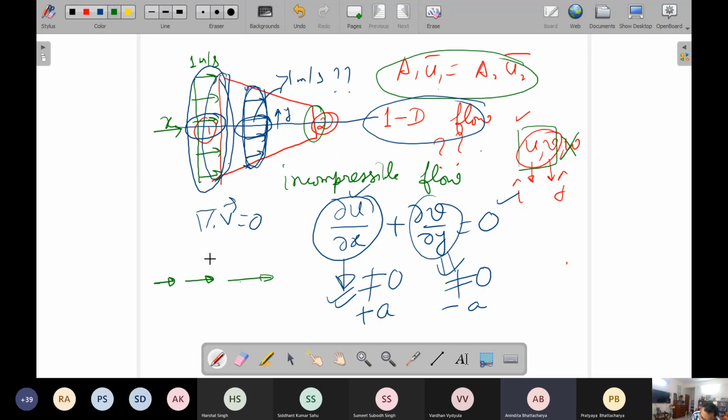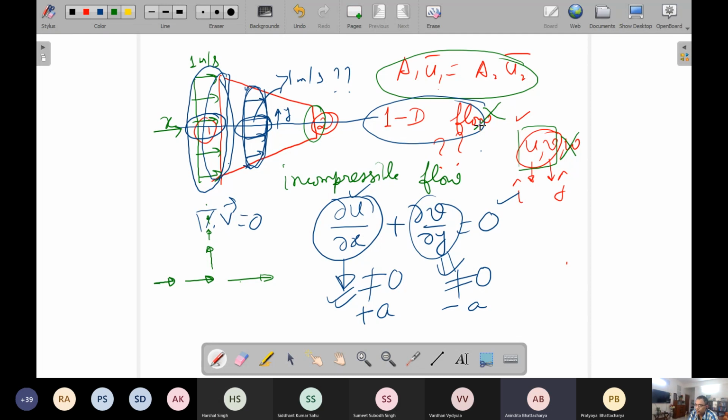So you have this v, this one, then decrease, at the wall it will be 0. So in that way, you have both x component and y component, and they are variable. So actually inside the nozzle, maybe at some location you could have a circulation type of thing, right? I mean a local circulation. Even if it is circulation or not, first of all, one-dimensional flow is not correct. No matter how simplified, even if it is locally uniform, it cannot be one-dimensional.